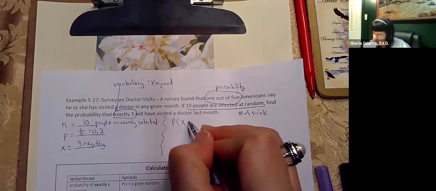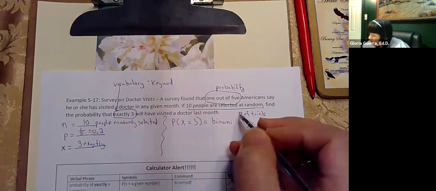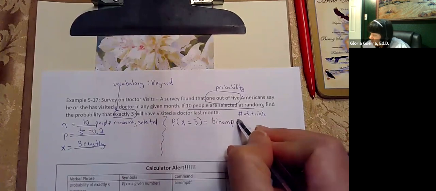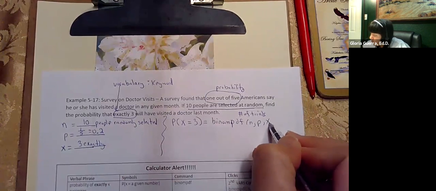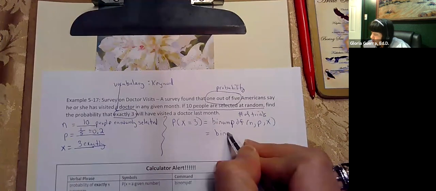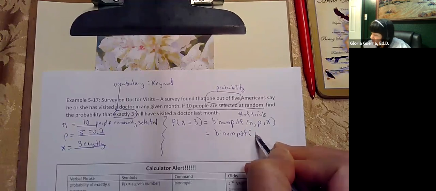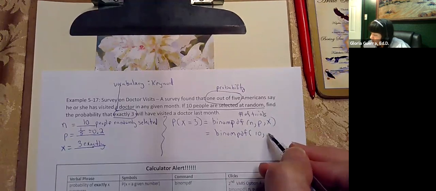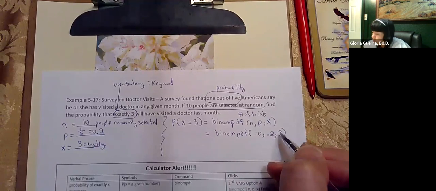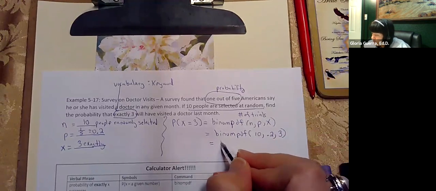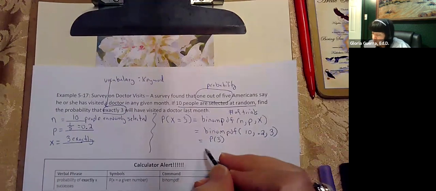Probability of x equals 3 equals, here's your command, binom pdf npx. And then you're going to do your substitutions. Binom pdf 10 for 10 people, p .2, and x is exactly 3. And what are you finding? You're finding just P of 3, P of 3 only. So when you use your calculator,